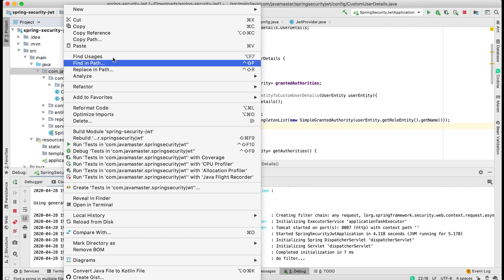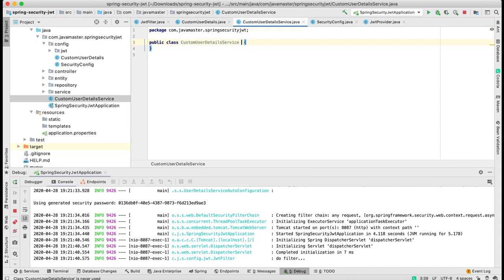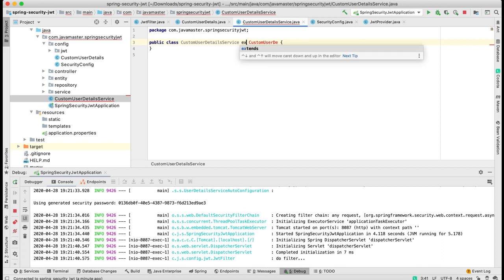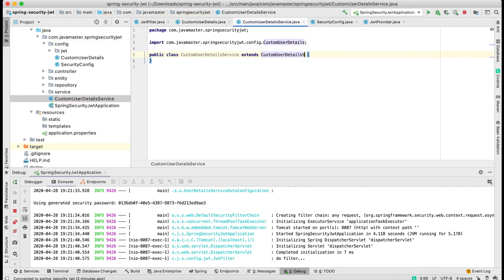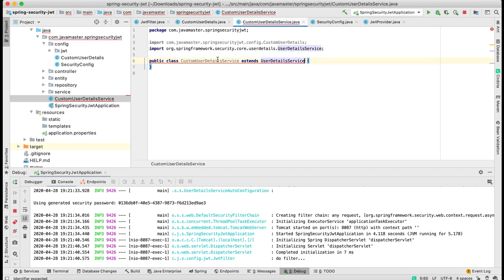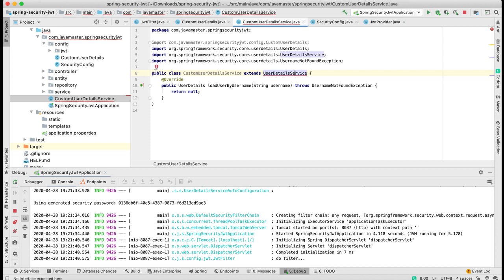And the next class I'm gonna override is custom user details service. I'm gonna implement custom user details service, custom user details service, extend service, not custom user details, but just user details service. And this user details service has only one method, load user by username, and I just need to